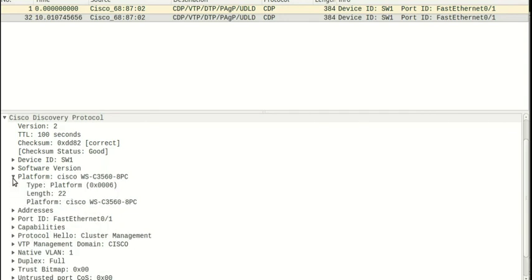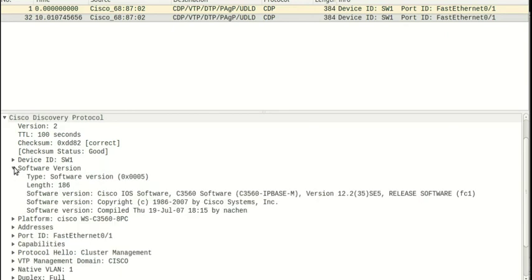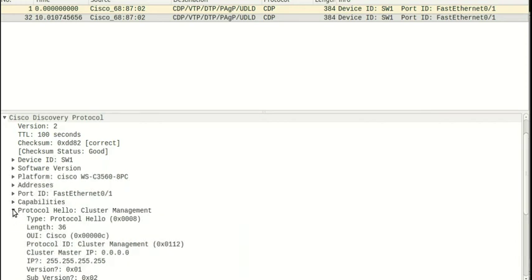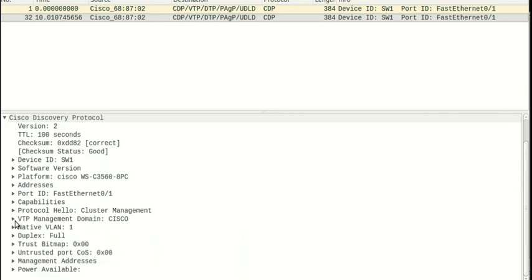The platform of switch it is, so it's a 3560 8-port switch. The software version, so the Cisco IOS version it's running and the release. We can see the protocol hello. We can see the VTP domain name. In this case, it's Cisco. The native VLAN, the duplex, untrusted,